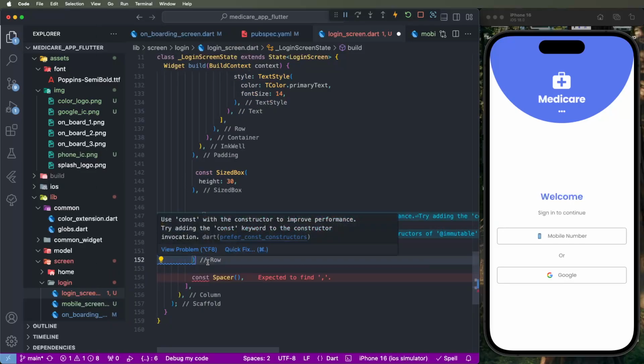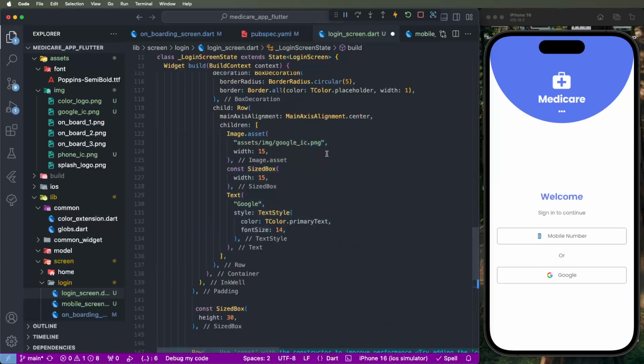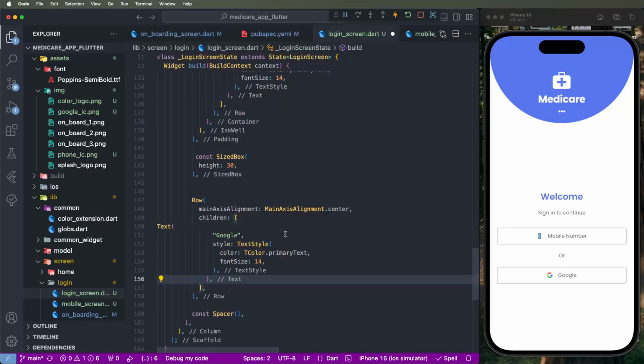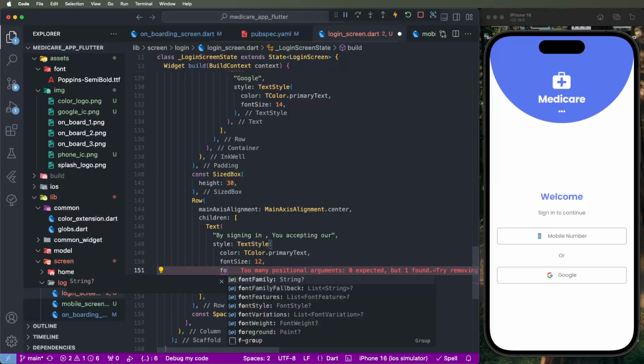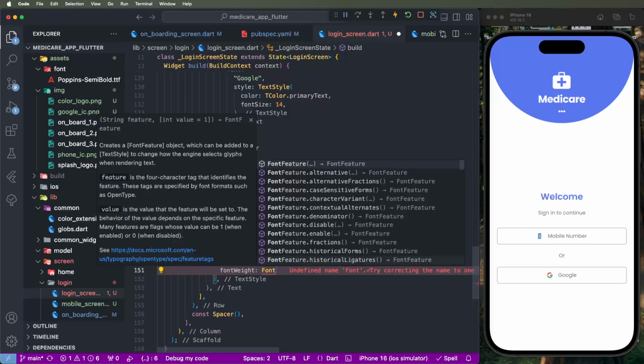Now we need to set the first text, and after that the terms and conditions, a different text, needs to be put inside an InkWell button. So we need to set that here. Now we need to copy this, configure it, and set this text by copying from the design, with font size 12 and a light font weight, 300 weight. We need to set it here,